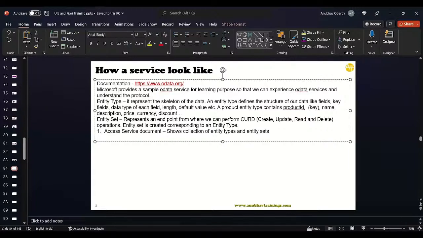It is created corresponding to an entity type. So from a product entity, we can create a product set entity type. So for example, we can create